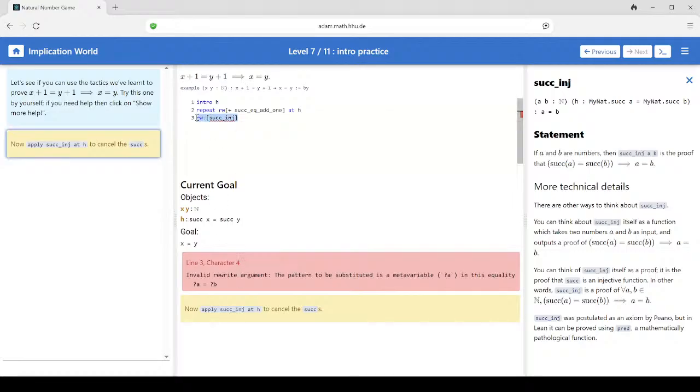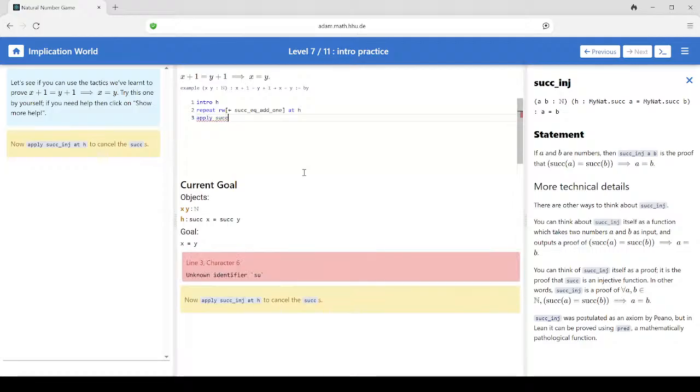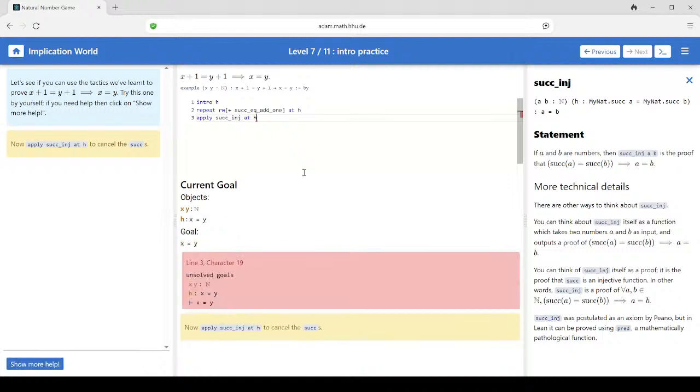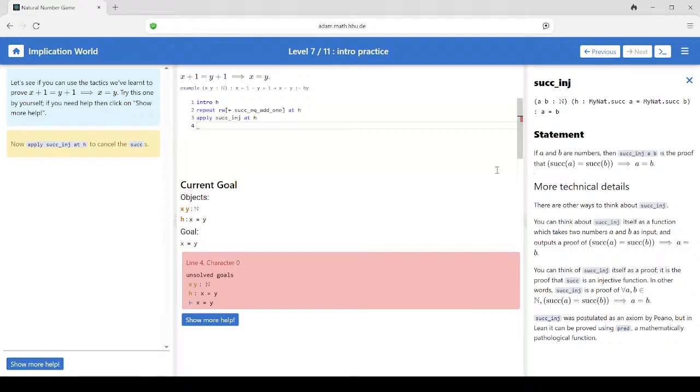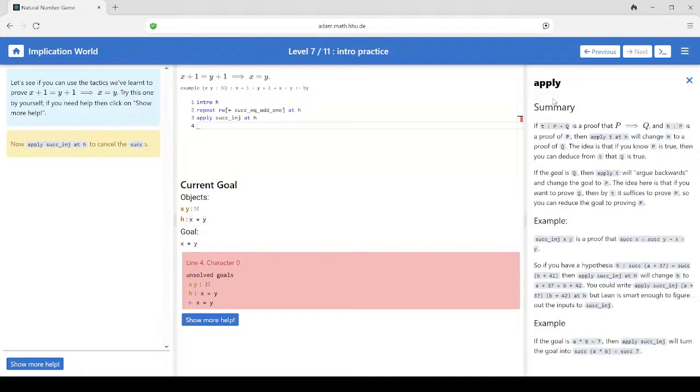I have to apply it. Okay. Apply. There it goes. Okay, I just forgot how I'm supposed to write it out. You have to apply it. It's not a rewrite, it's apply, which is different. We use apply for